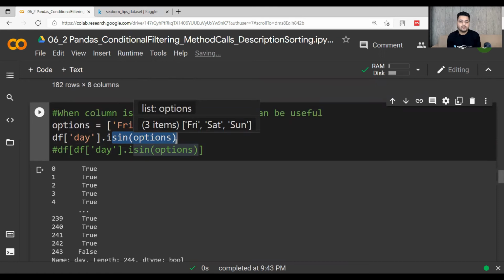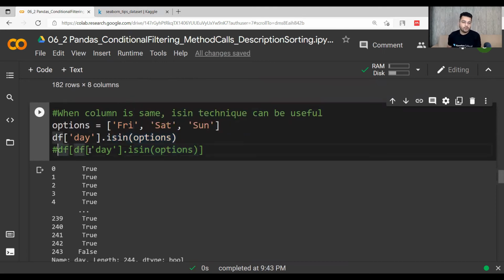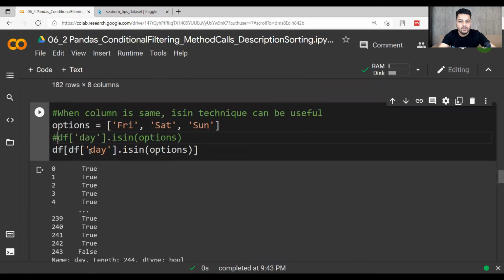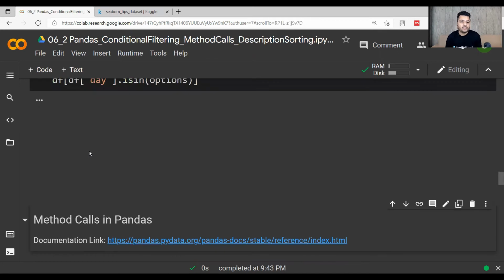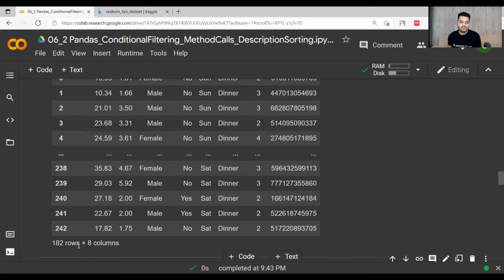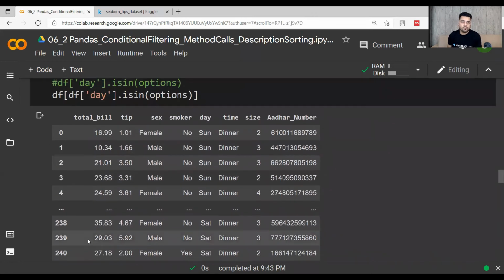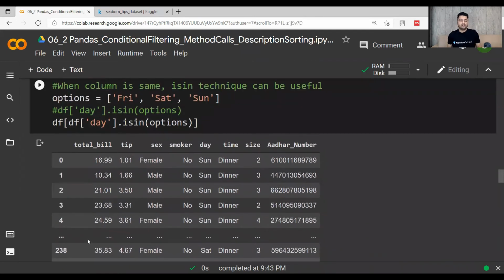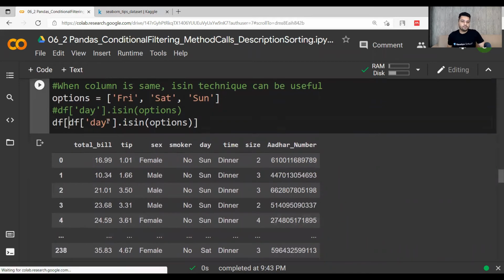Now if I pass this boolean value inside the data frame, it will give me all the rows having these three days. For Friday, Saturday, Sunday, the rows total 182 out of 244. All those rows have been given as the output.